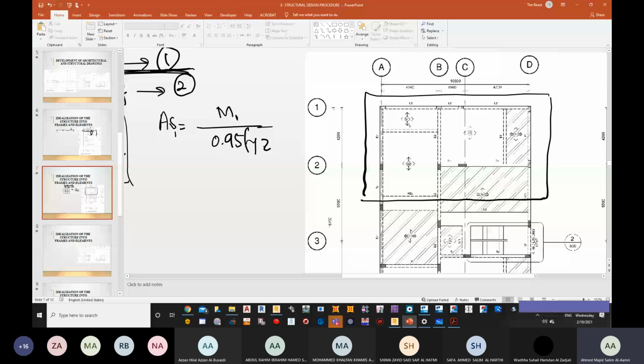Now, just to summarize or just to give a brief about this particular case, you can see that this is a one-way, this is a two-way, this is a two-way, and this is going to turn out to be a one-way from the shape. Okay. Now, if this is a one-way, then it bends in this direction, which is short. If this is a one-way, then it bends in the short, which is here. This is a two-way, so it bends in both directions, here and here. This is a two-way, so it bends in two directions, so here and here. So if I want to take a strip,